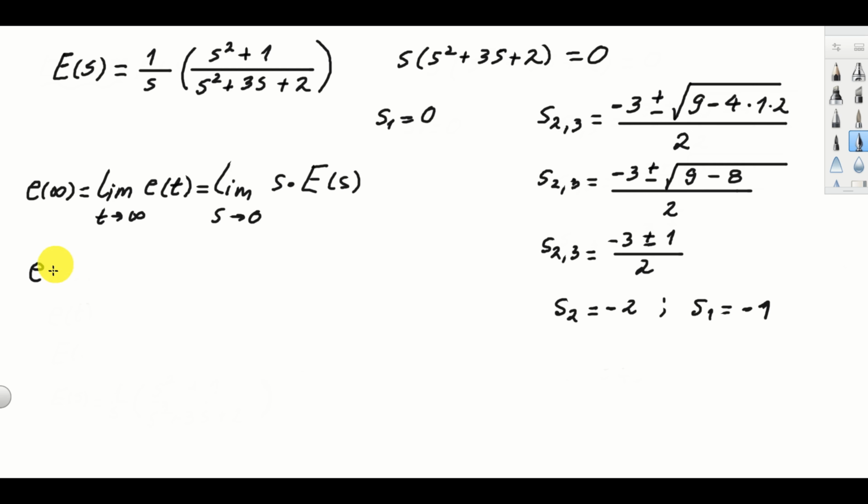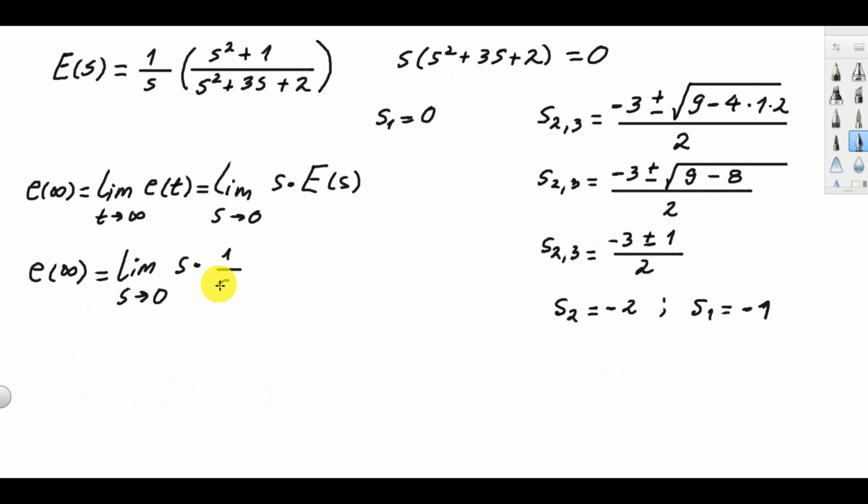Consequently, we will have that e at infinity, that is the steady state value of the error, is the limit value when s goes to 0, s multiplying this whole thing over here,